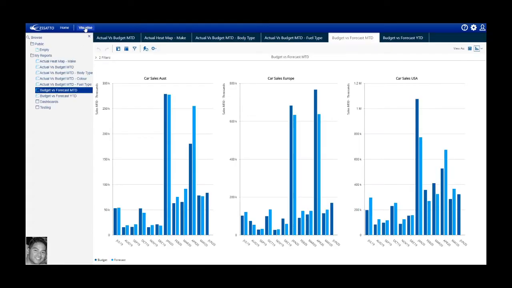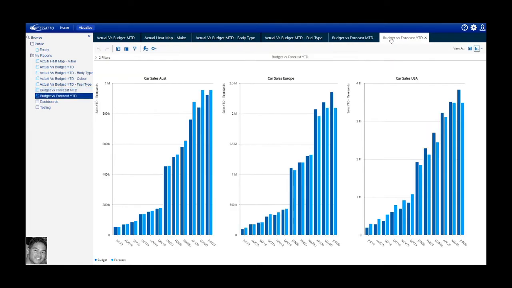I'll go back to my report, and hopefully what we see is a forecast figure come through that's identical to my budget at this stage. So I'll just refresh this report. Okay, so that's gone through and that looks like it's worked. So we can see that for each company, we've now got our last month populated with the same information as budgets, which we're going to adjust shortly, by the way,